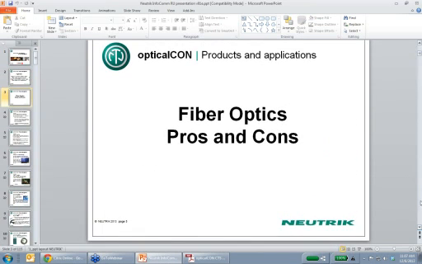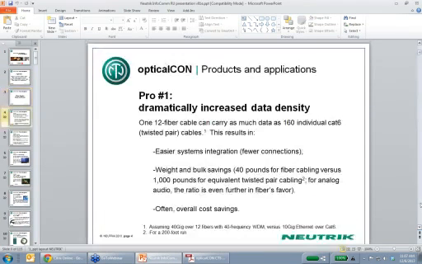All right, so let's talk about some of these pros and cons of fiber optics. The most important pro for fiber optic is that you've got this dramatically increased data density, and some of these statistics are really mind-blowing to me. If you have one 12-fiber cable, so it's a cable that's got 12 fibers in it, you can carry as much data as 160 individual Cat6 cables. That's kind of an extreme case, but you can see that the more that you can multiplex onto a system,